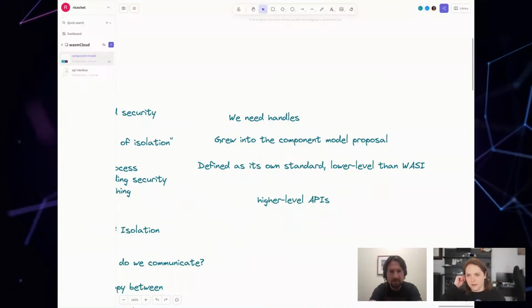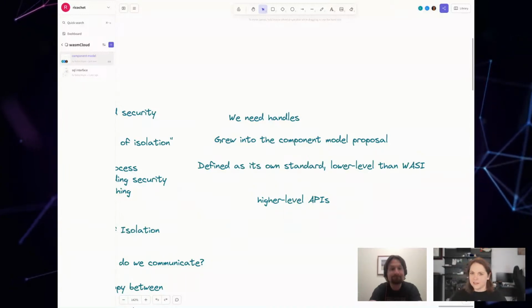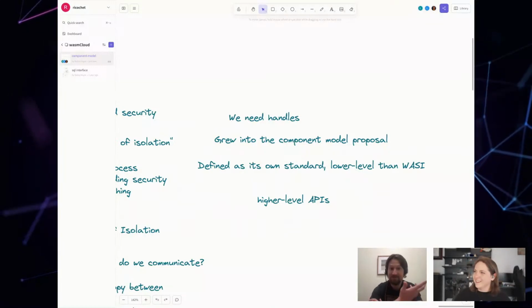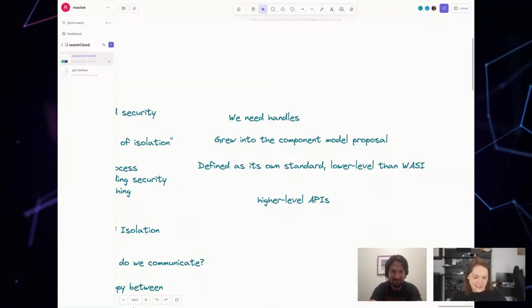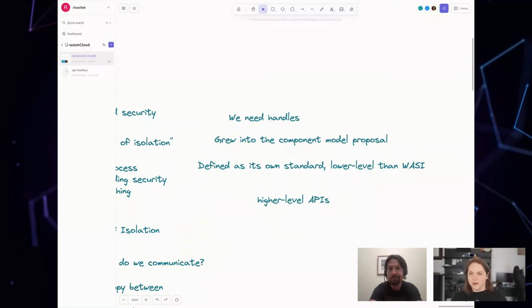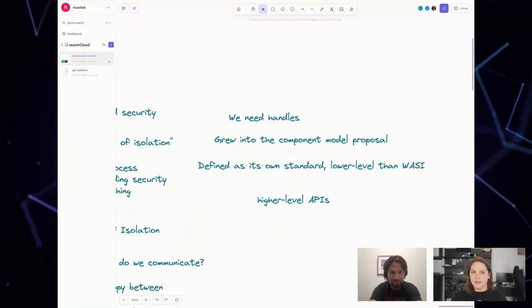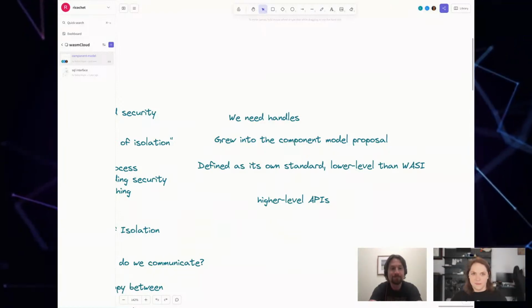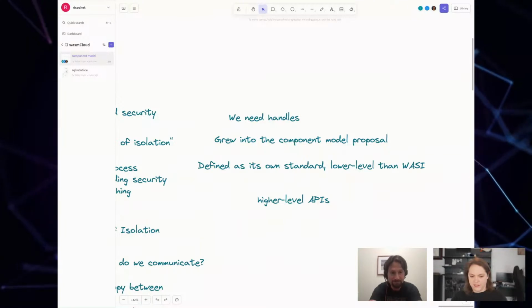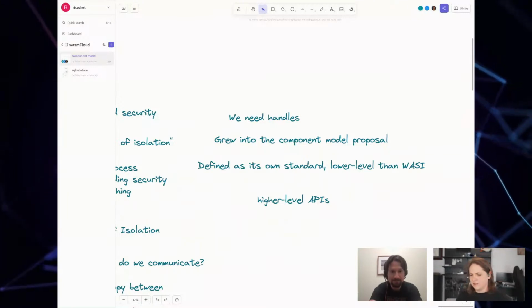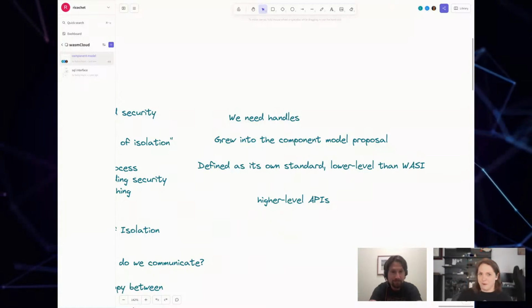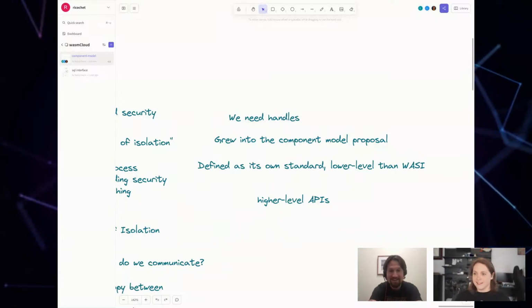With WASI, we were initially like, okay, let's just make libc. It was kind of right, the early version of that. And now we're starting to see a ton of new higher-level APIs, like the ones the Deis Labs team pitched, WASI messaging, WASI key-value. Several things that you might not think of for libc, but